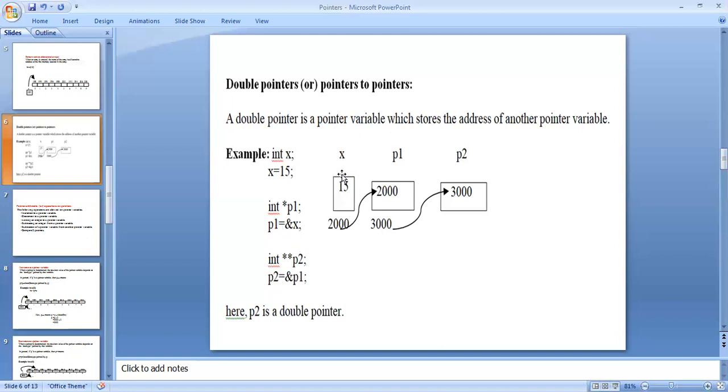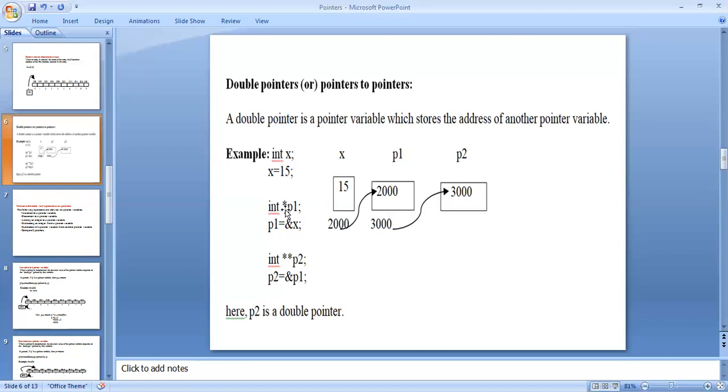Here, when the x value is 15, it is stored in memory location 2000. The x value is stored in memory location 2000. Then the pointer *p1 holds that memory location.